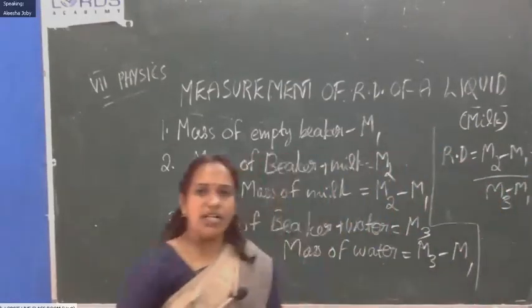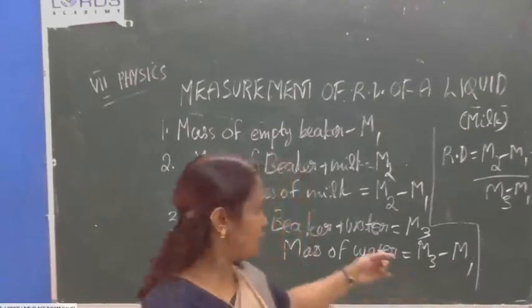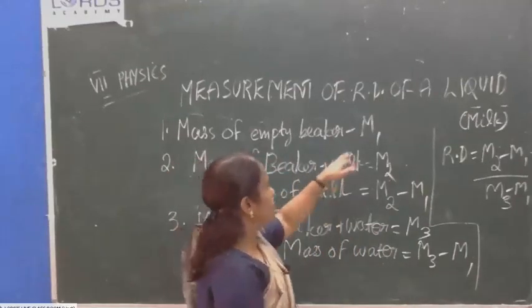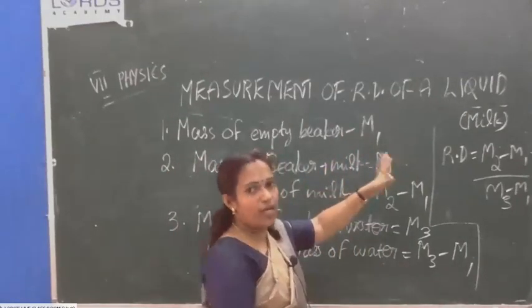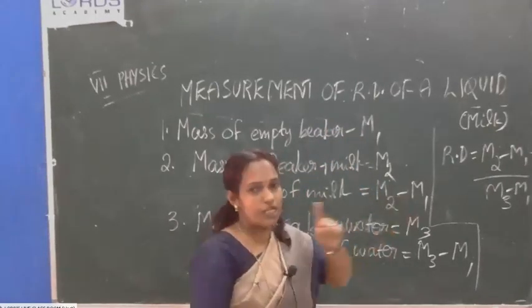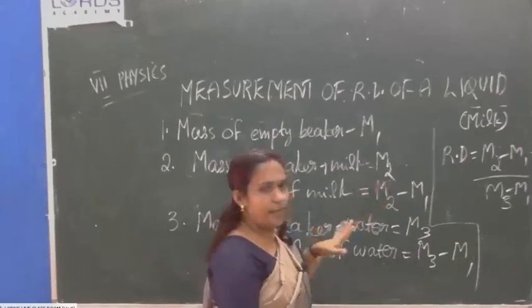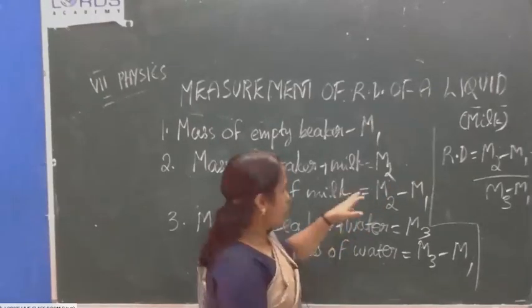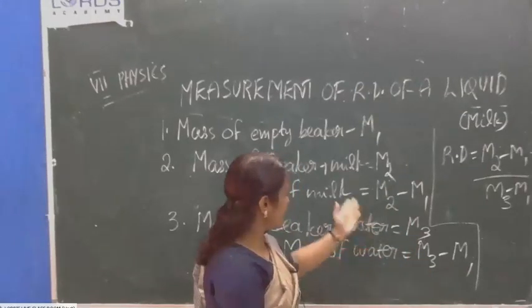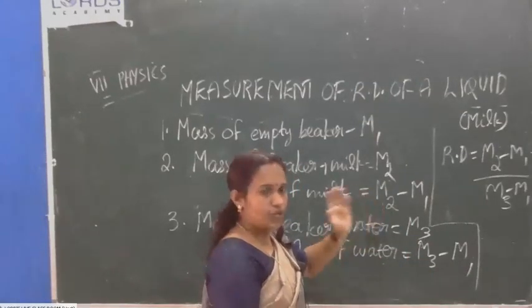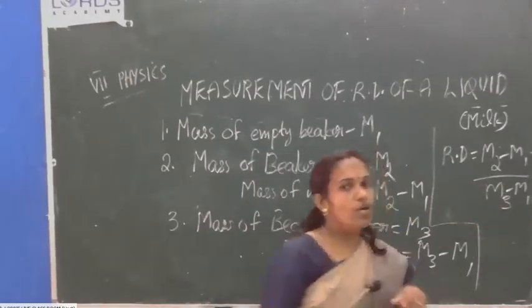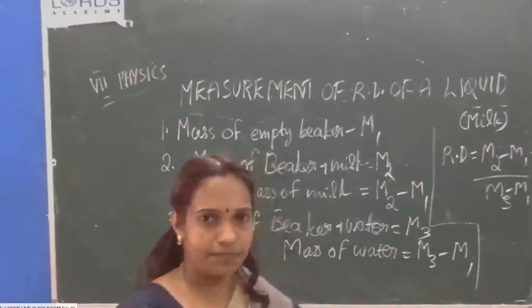Okay, maybe in your textbook M1, M2, M3 may be interchanged. So when you are writing for exam also, there is no rule that this you have to take M1. This you can take M2, M3, any problem, but throughout the equation you have to follow. Otherwise there will be mistakes. So you can take mass of water as M2, mass of milk as M3. No problem, but throughout the steps in this equation also you have to follow the same one.